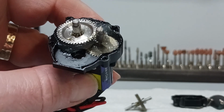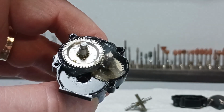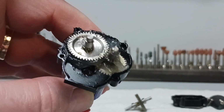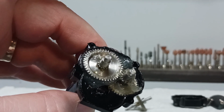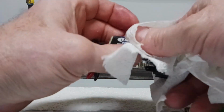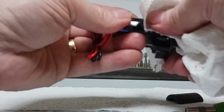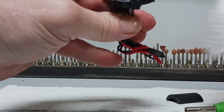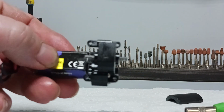Alright, packed a little bit on the motor pinion gear, the reduction gear, and then the other reduction gear. Then I put some on the sliding surfaces that may come into contact with something. Apply some more grease to the rest of the parts, reassemble it and test it. Alright, so I just got through reassembling it. Wipe off. I got grease on my fingers, so that's not going to probably do much good. But anyway, it appears that the gap is closed evenly